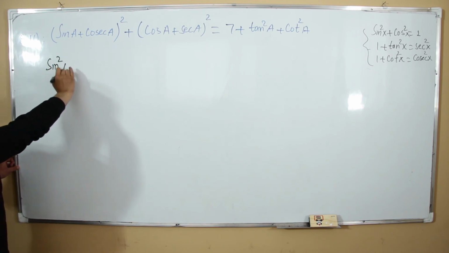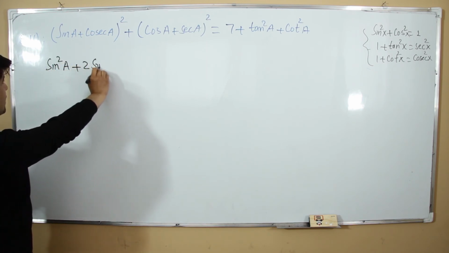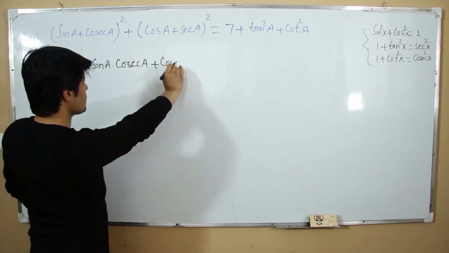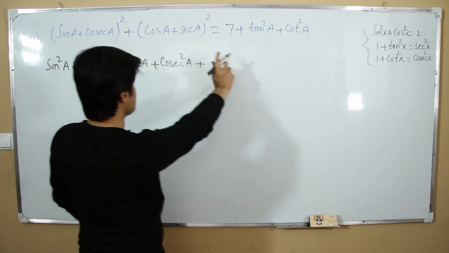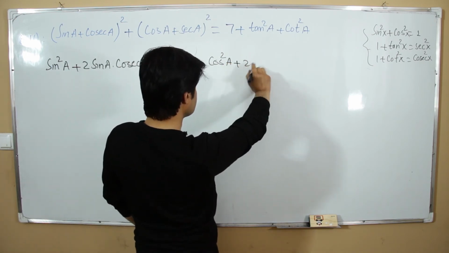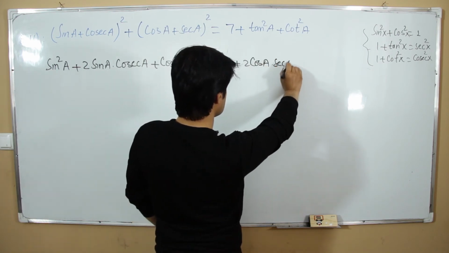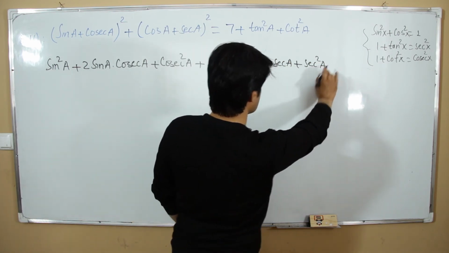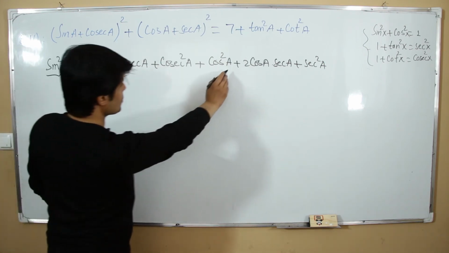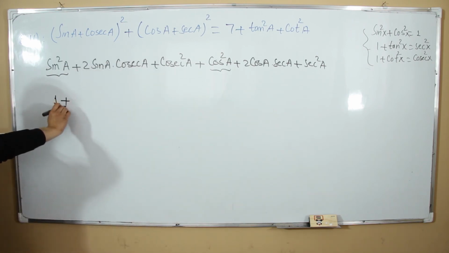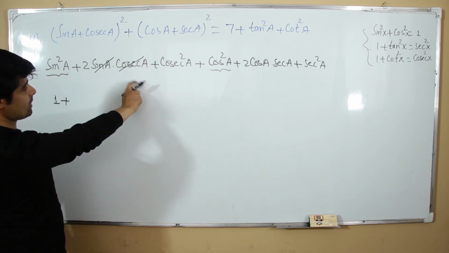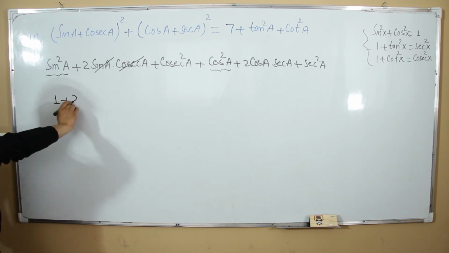This one is sine square a plus 2 times sine a times cosecant a, plus cosecant square of a. Am I right or no? Plus, and here we have the same, cosine square a plus 2 cosine a times secant a plus secant square of a. Am I right? Yes. Now this sine square with cosine square, this is 1, plus this sine a with cosecant a, it's cancelled. Why? Because it is 1 by sine, sine with sine, it's cancelled. We have 2 plus